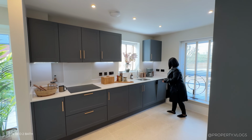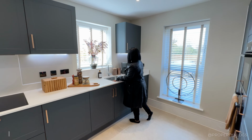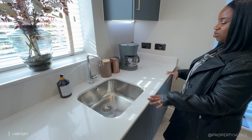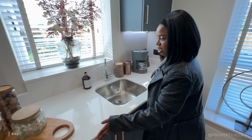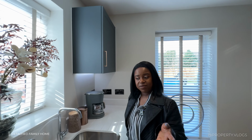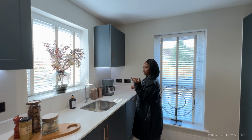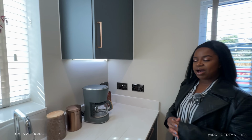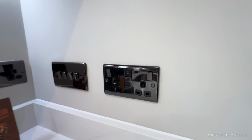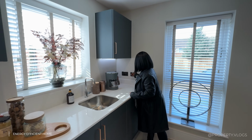You've got the dishwasher here by the sink, again by Bosch. You've got the strainer built into this fabulous stone worktop, and this is just gorgeous to have this level of worktop available to you as one of your customization features in this development. I absolutely love it. Oh, come close actually, let me show you this. Wow, look at that. I think it's nickel, that dark metal, nickel effect, or nickel plated face plates